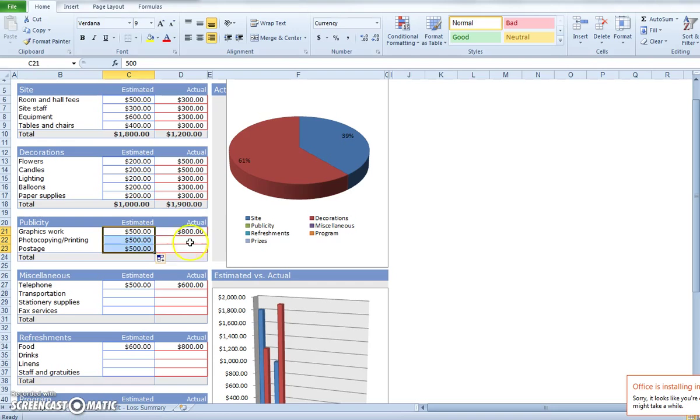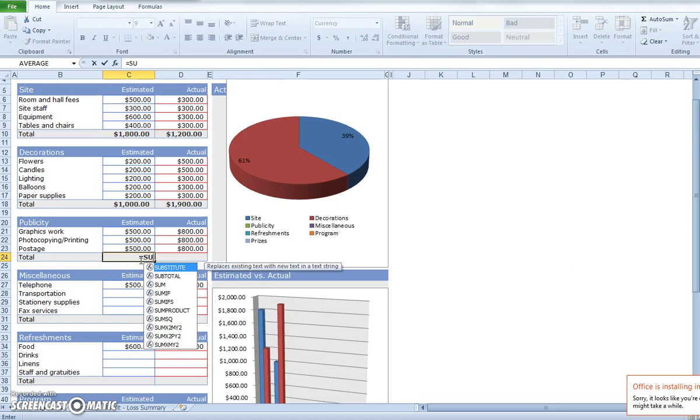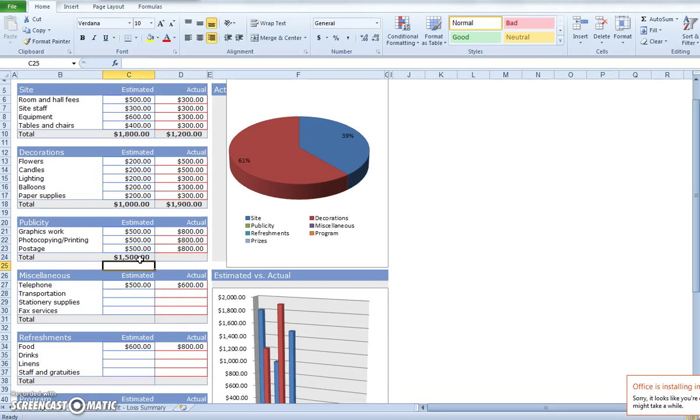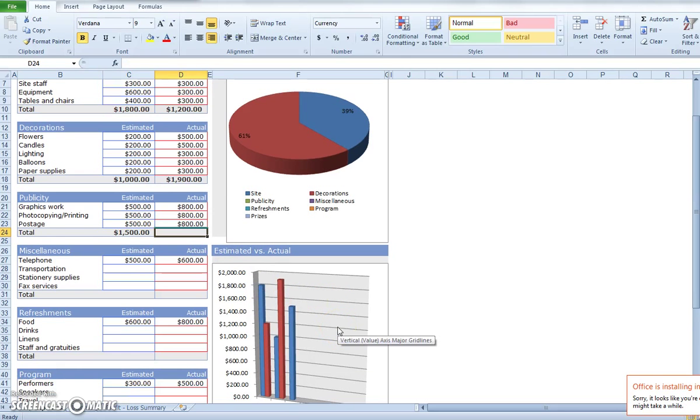As I said, we're speeding things up a bit. We're just going to grab these two. We're just going to copy them down. And then the same thing as before. We go back into our sums, open them up, and we go C21 through C23. We hit our enter button, then we get our 1500, and as you can see now, our columns has added